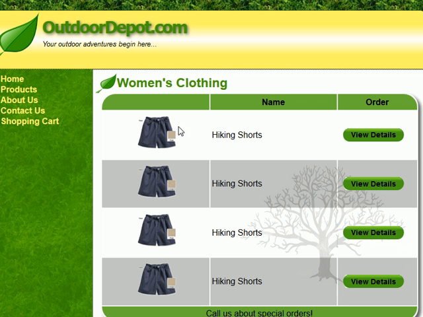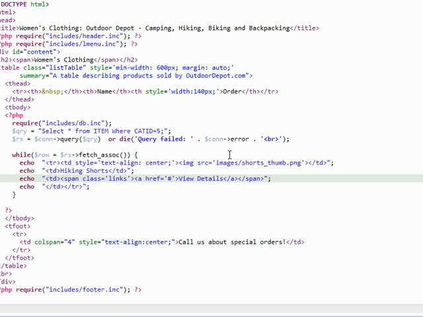And now you can see I actually have the same product shown 4 times. That's because I didn't actually take any data out of my database. I just rewrote the same line for every line that it found in my database. So in order to actually get data from the database, I'm going to have to